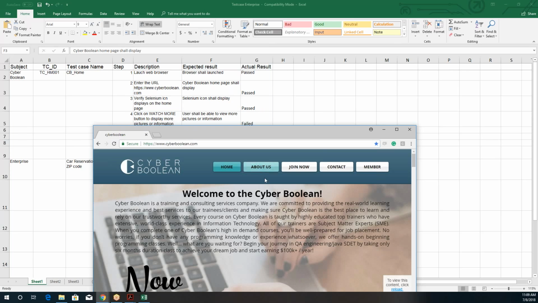Then after you're done with about us module testing, developers are working on the join now module. But while they're working on the join now module, you are actually working on automating the about us test cases that you have tested before. Then when you're done with it, you're going to merge your code with the home module, so it's together in one suite. So when they deploy these to a